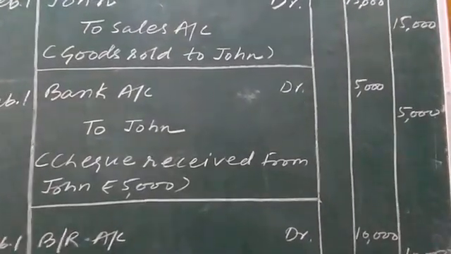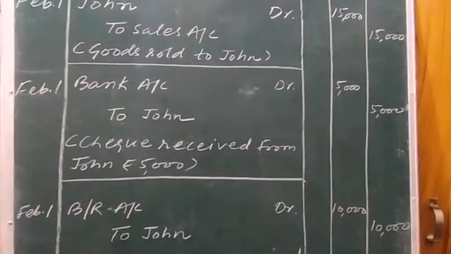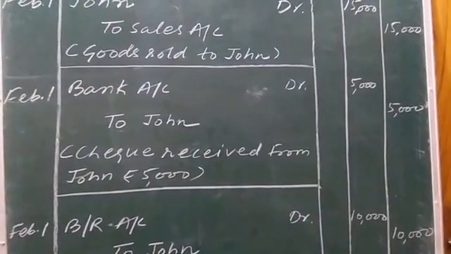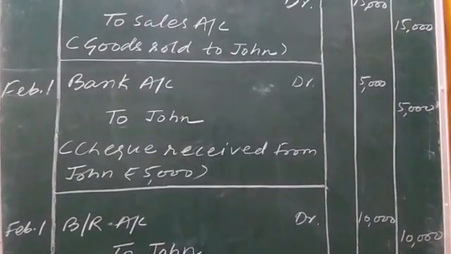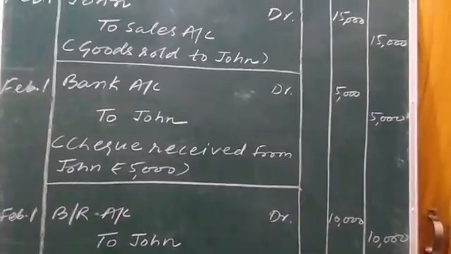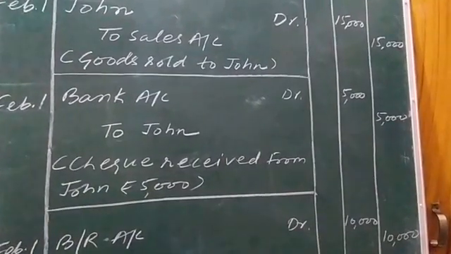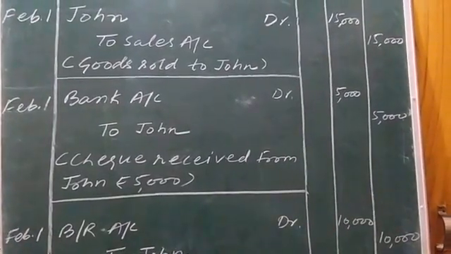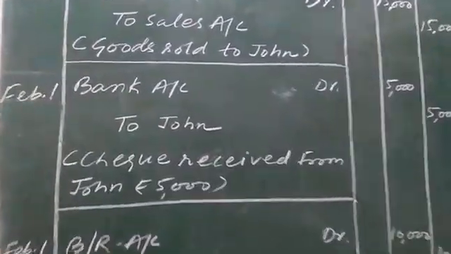5,000 rupees. While passing the journal entry, you should keep in mind all the rules of debit and credit, which I have explained to you while the chapter journal entries was going on. Keep the rules in front, and then you will be able to pass the journal entries in the easiest way. You will not feel any problem or difficulty in passing the journal entry. Now further reading out the question.